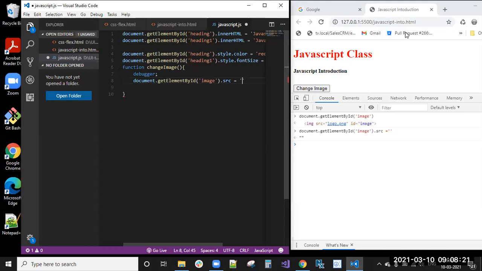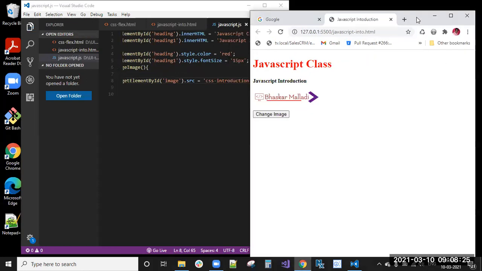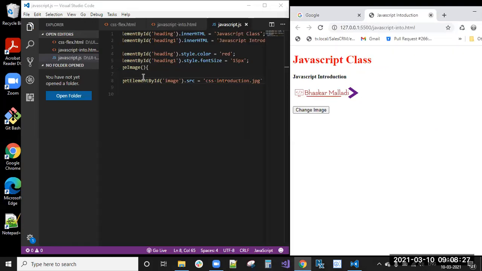No need for this debugger, we don't require the debugger now because we already know that. So the simple way is this one only: document.getElementById image.src. So .src is the attribute, right? The src attribute, that attribute I'm changing.